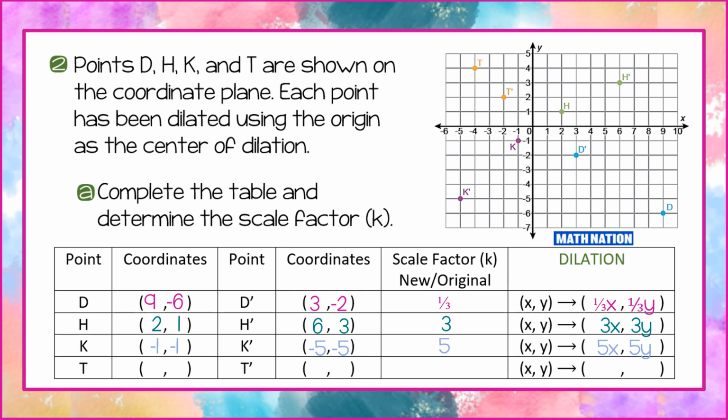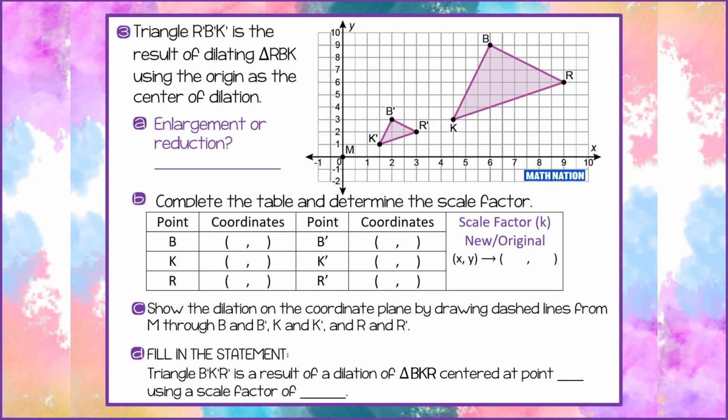Looking for point T. T is at -4, 4. T prime is at -2, 2. New divided by original is going to be 1/2, and there is the explanation for the dilation from T to T prime. Number 3, triangle R prime, B prime, K prime is the result of dilating triangle